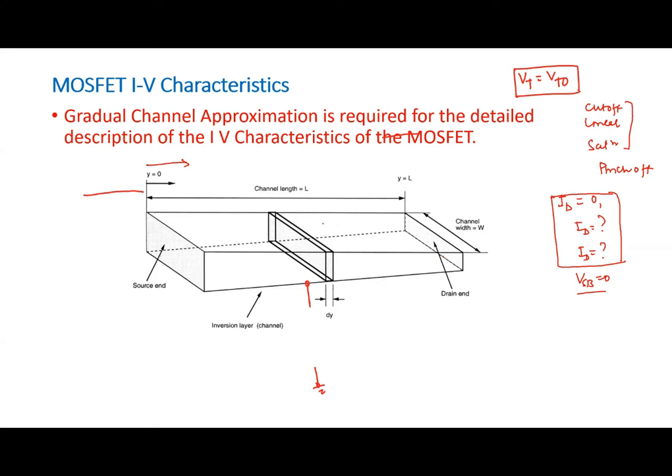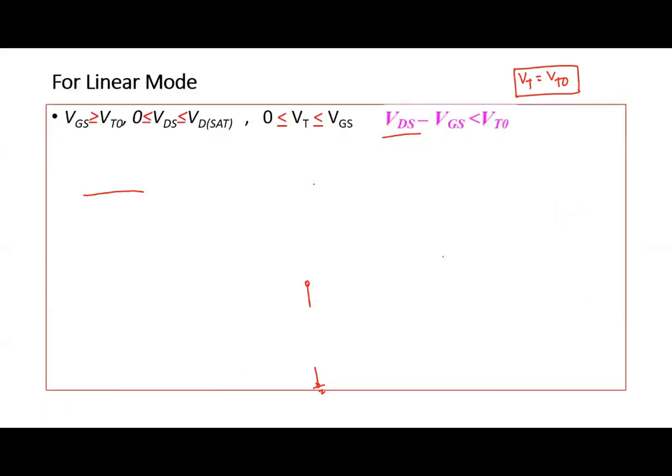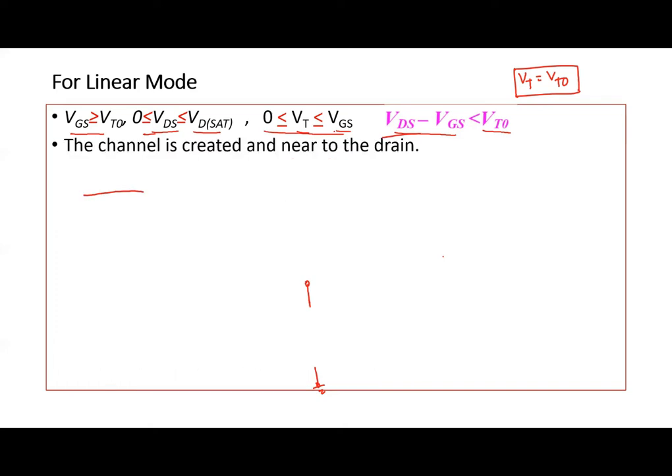What are the different potentials working at this particular moment is important. For linear mode, you can see VGS is greater than VT naught, VDS is less than VDS saturation, and VGS is slightly greater than this. So these are the conditions for the device to be operated in linear mode. When you are operating in linear mode, the channel is created and extends near to the drain. So we assume that